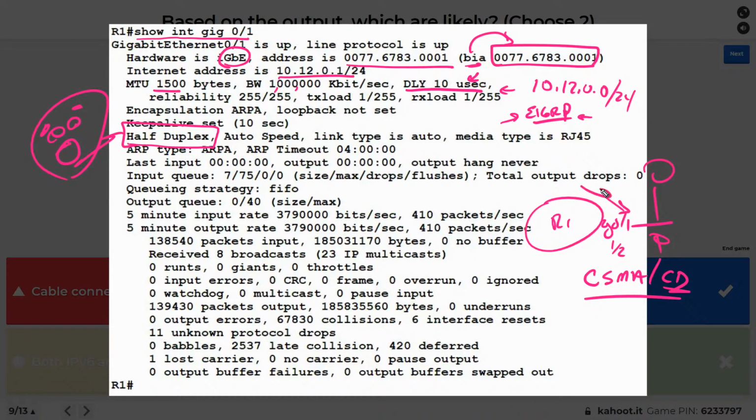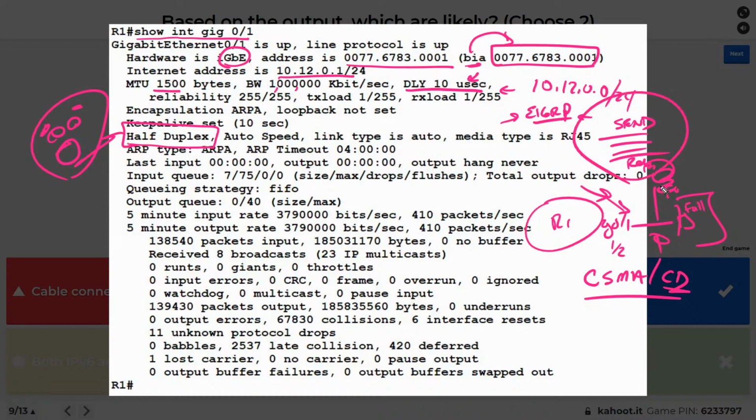So if we're operating in half duplex, it's using that, and when it's going to send information, let's say R1 wanted to send some data on the network, it would listen first, because it's half duplex, make sure it's clear, and then it would send the packets. Now, if everybody's operating at half duplex, then everybody's listening before they send, but if this guy's operating at full duplex, let's say we have a switch port configured for full duplex here. That means this switch believes that it has 2 wires that it can use for sending and 2 other wires that it can use for receiving.